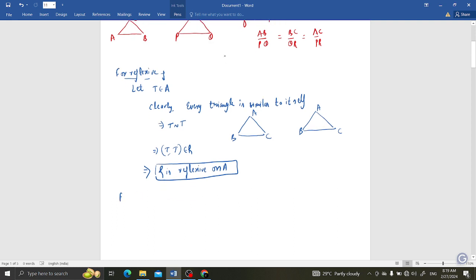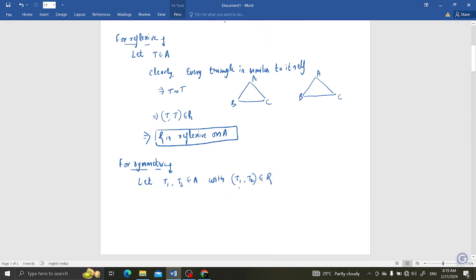Now for symmetric. For symmetric, we have let T1 comma T2 belongs to set A. With one more thing we need to assume, ordered pair T1 comma T2 belongs to relation R. Okay, what it implies? This implies that T1 is similar to T2. Okay, if T1 is similar to T2, then what we can imply is